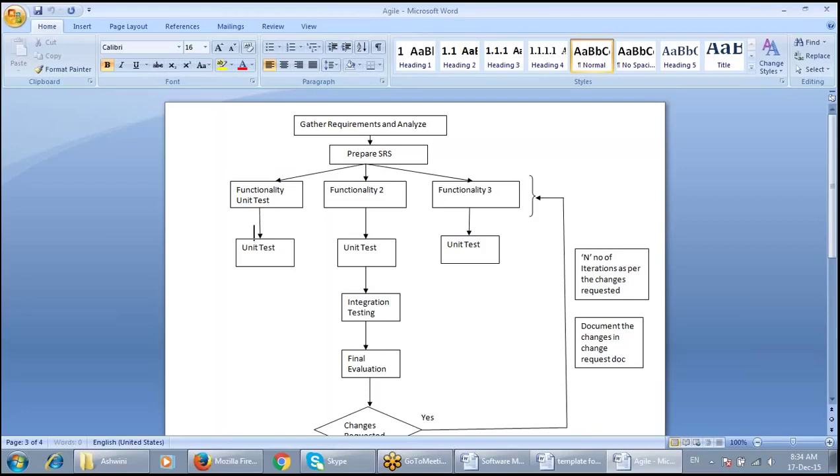Okay, fine. See, first what happens is, based on the requirement set, like high level requirement set, you start segregating that to low level. I mean, simple units. And each and every simple functionality is handled separately in an Agile process. Okay, daily we'll be meeting with our team and discuss upon that particular day's work. Okay, so every day we need to come up with some outcome. Let's say, for example, if we are meeting today and the outcome is A, and tomorrow we need to come up with A plus, and day after tomorrow we need to come up with A plus plus. So every day there should be some increment in our work,